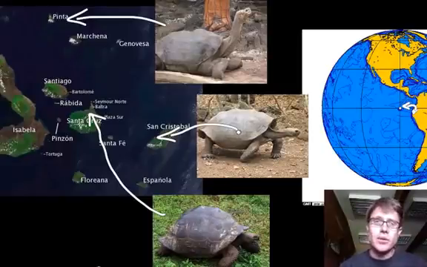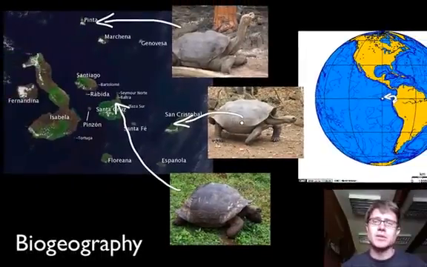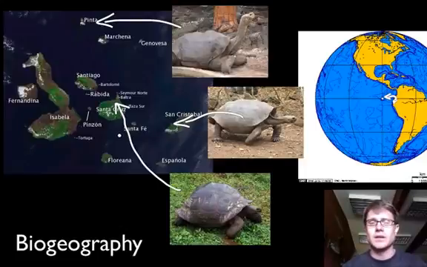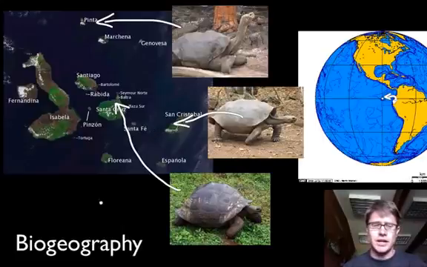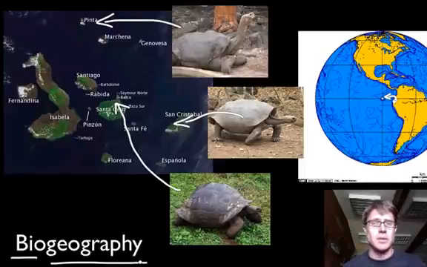Now, before Darwin, most scientists at that time believed in special creation, that God had placed everything specifically on the island where it was. And Darwin, when he went to the Galapagos and started to see these islands and the similarities but also differences between those, started to realize that life and where life is found, which we call biogeography, is big evidence for